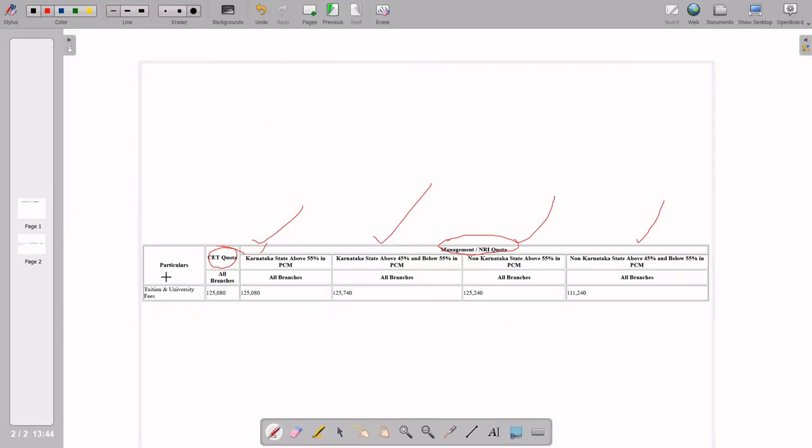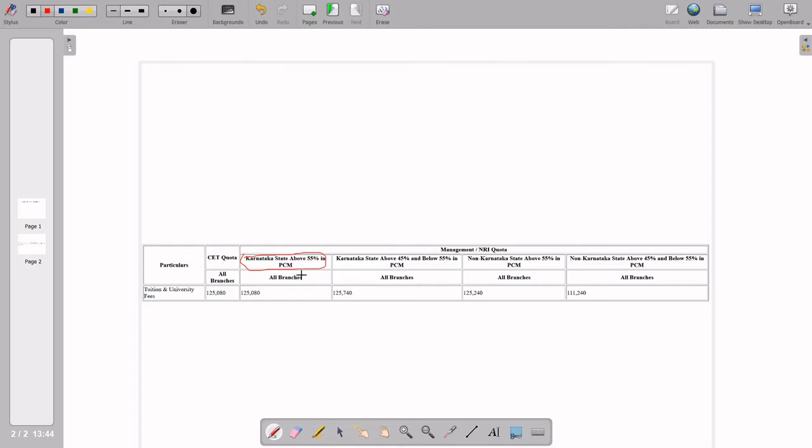Coming to the second row. The second row will start from this place. In the second row, this is already merged over three rows together, and this is merged over 2 rows. So this will be the second row's first value we can display: Karnataka state above 50% PCM.